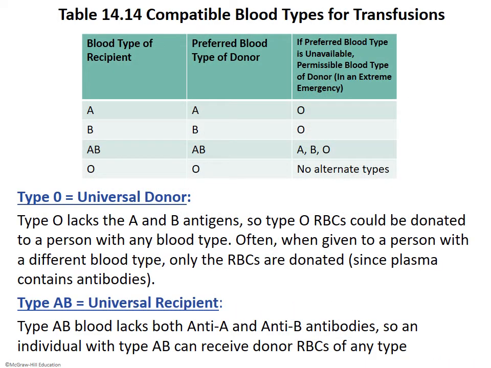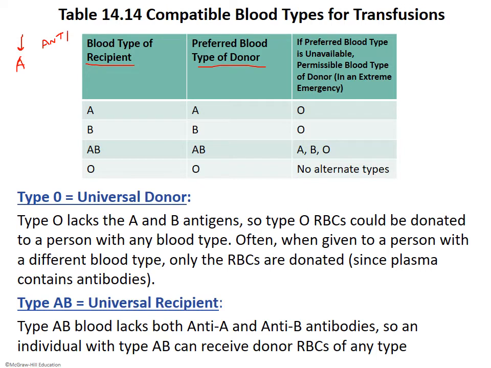Now, this goes over a basic chart of blood typing. If I have type of blood of recipient, preferred blood type from the donor, what can be used if not there. Here's the thing, just remember, if I'm type A, that means I have A antigens. I cannot go anywhere that has